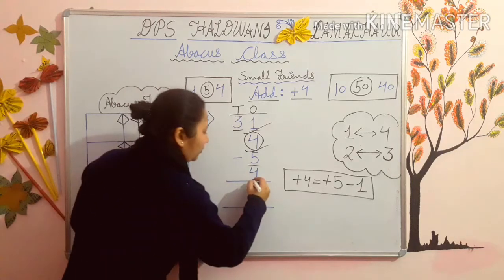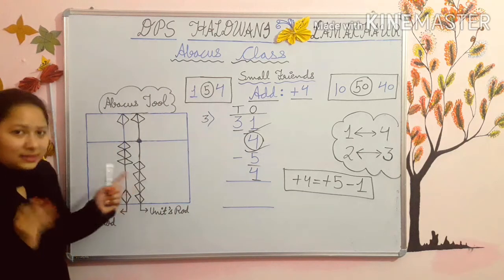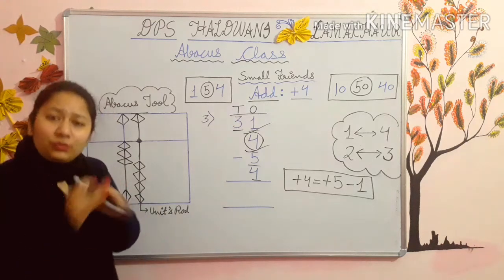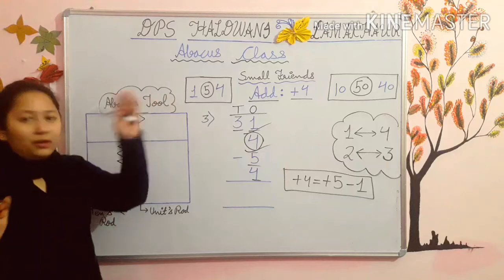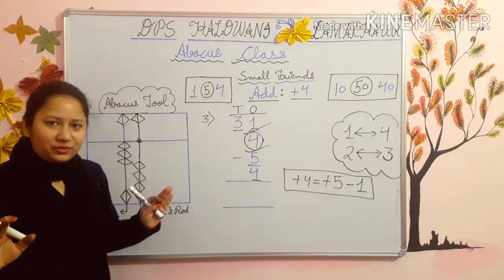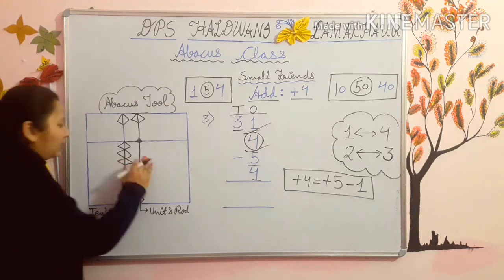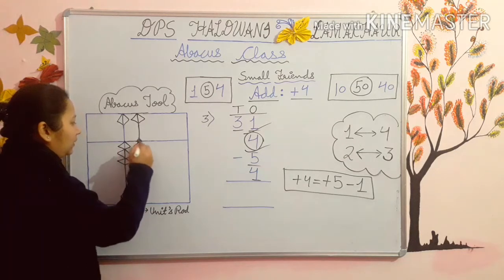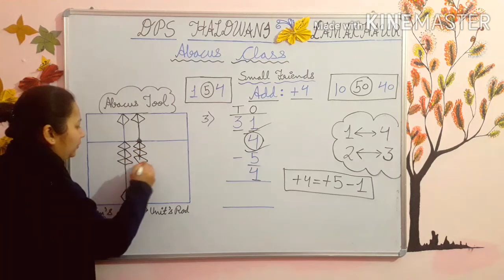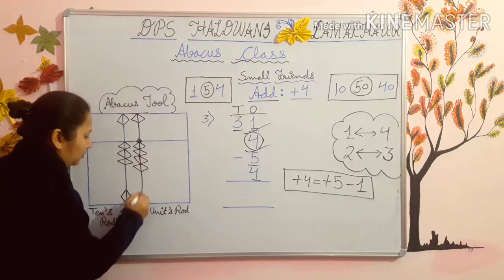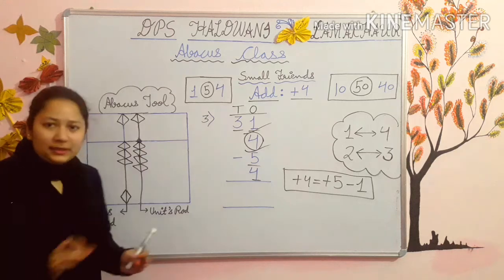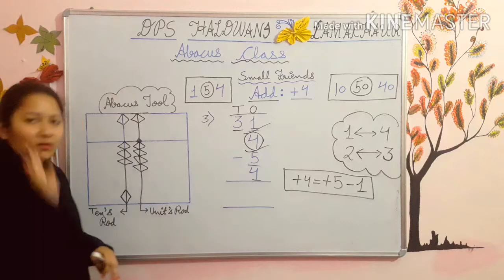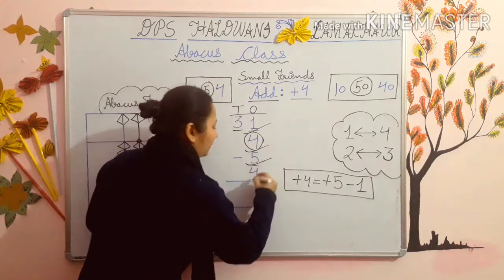Now the last is you have to add 4. Now students, you can see that 1, 2, 3, 4 beads are there. So no need of using the small friends. कोई ज़रूरत नहीं small friends को use करने की. Because bead is there. So you have to add 4. See 1, 2, 3, 4. Added 4. Means if there is the bead, अगर bead है, so there is no need of using the small friends. Directly you can add or subtract your number.